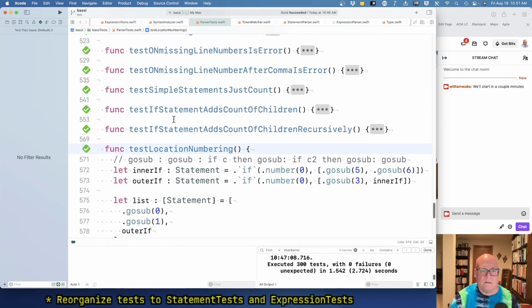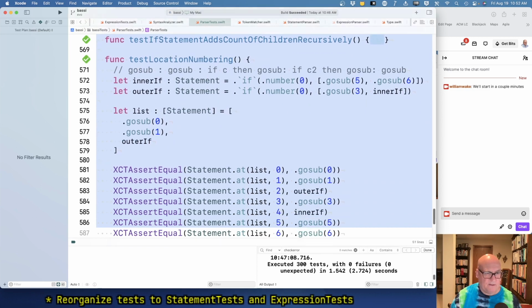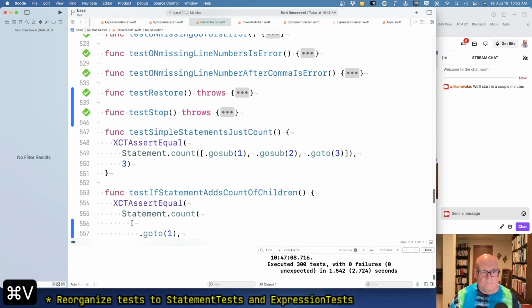Okay, this is... These four are actually kind of a different thing. They're not... they're really checking that